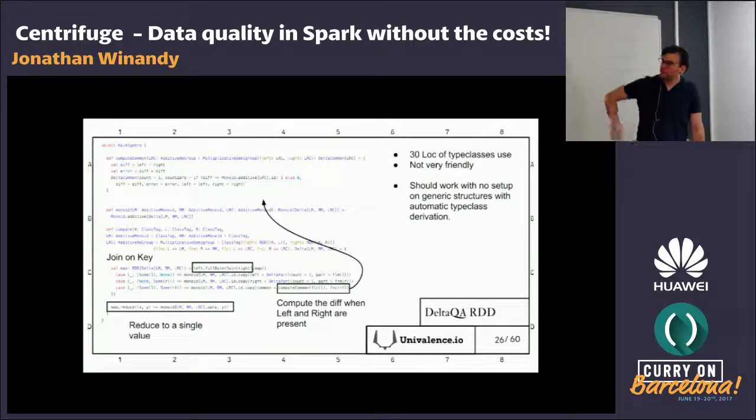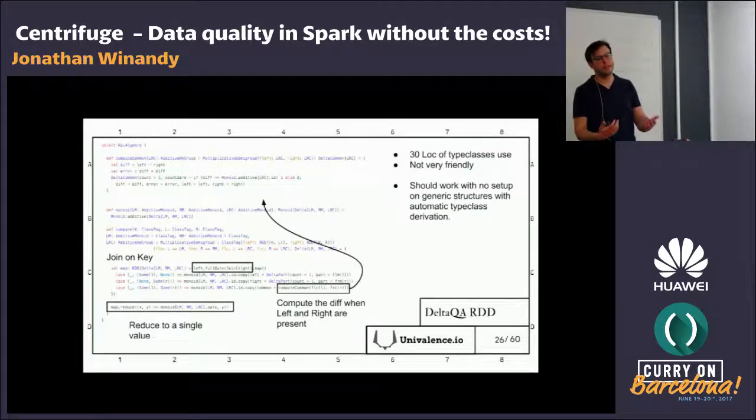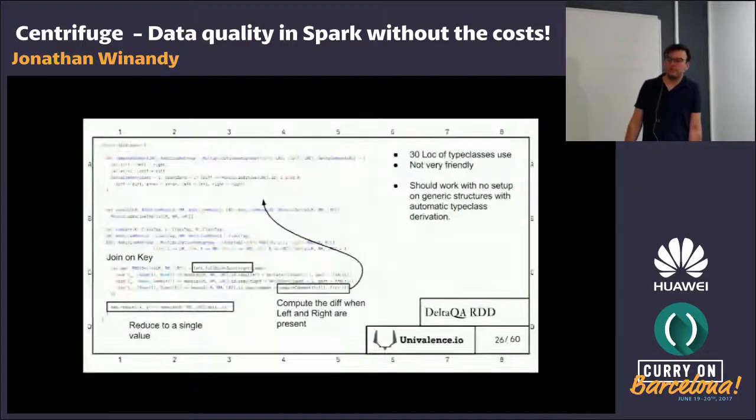So we are using that on one data lake over a data set that has a couple of hundreds of fields, and it takes like 5 minutes to check the difference between two data sets. So it's a day of data. It's 100 gigabytes of data. It takes 5 minutes to check if anything meaningful changed.